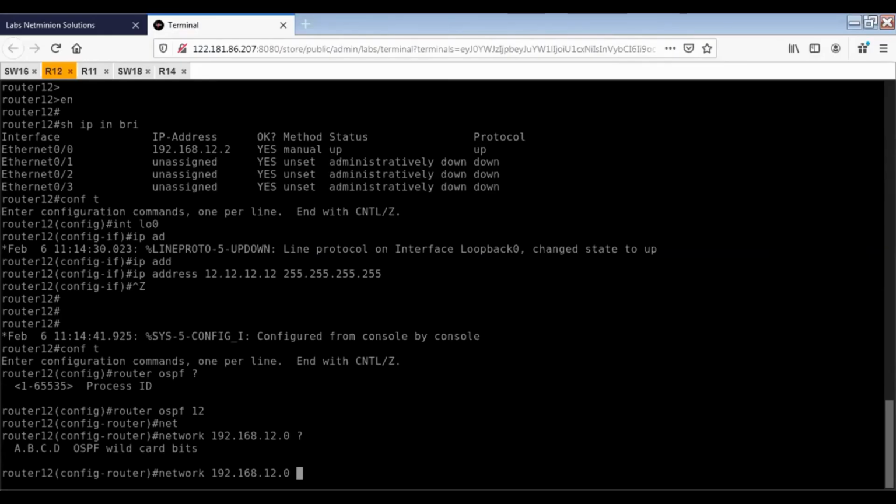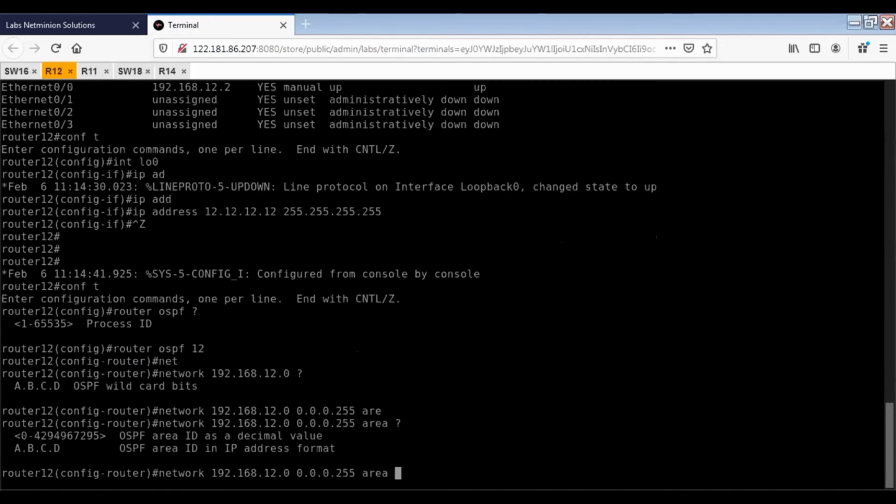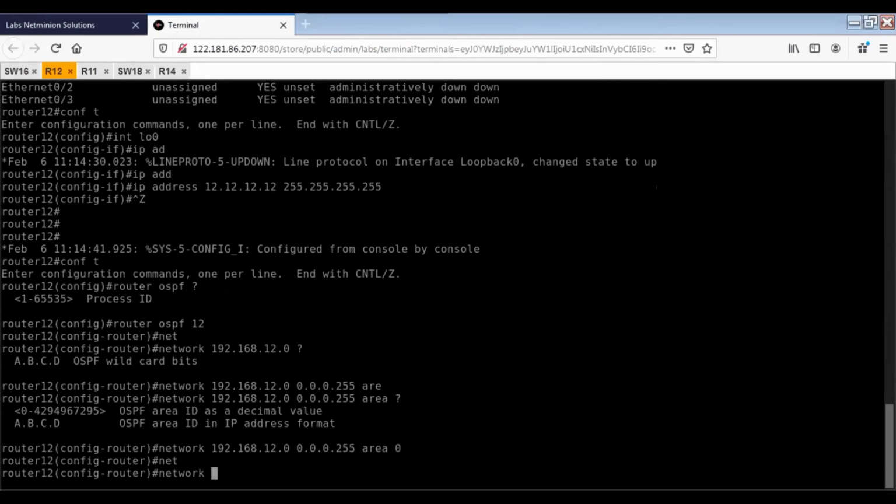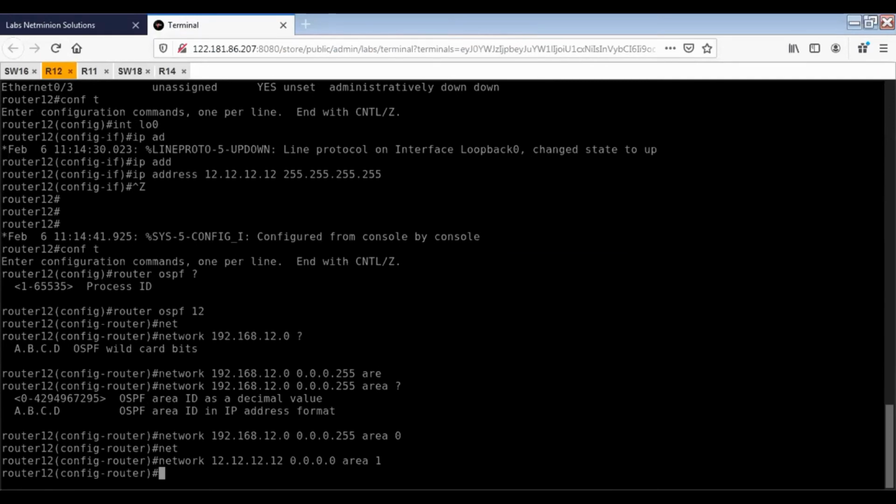So here we take 0.0.0.255. It will also check the area. So on router 12 we create it for area 0. And one more thing, network 12.12.12.12 0.0.0.0 area 0. Or, since it is a different interface, maybe we can create it in area 1. So this is all. Now on router 11,